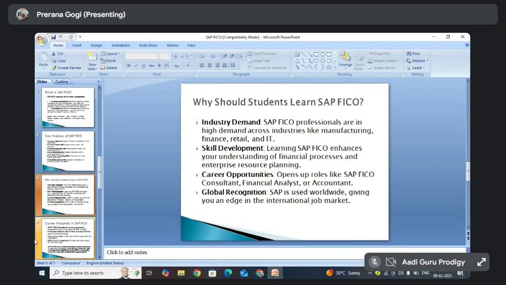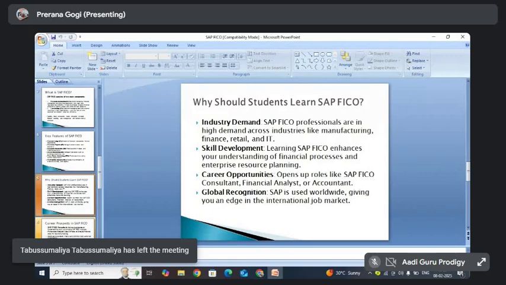And SAP, however, we know, has global recognition. We are recognized everywhere abroad, right? So demand, of course, is there, it enhances your skill, and career building opportunities are also very good. Not only in India, but abroad also. Not only in small scale industries, but in multinational companies also. Okay.